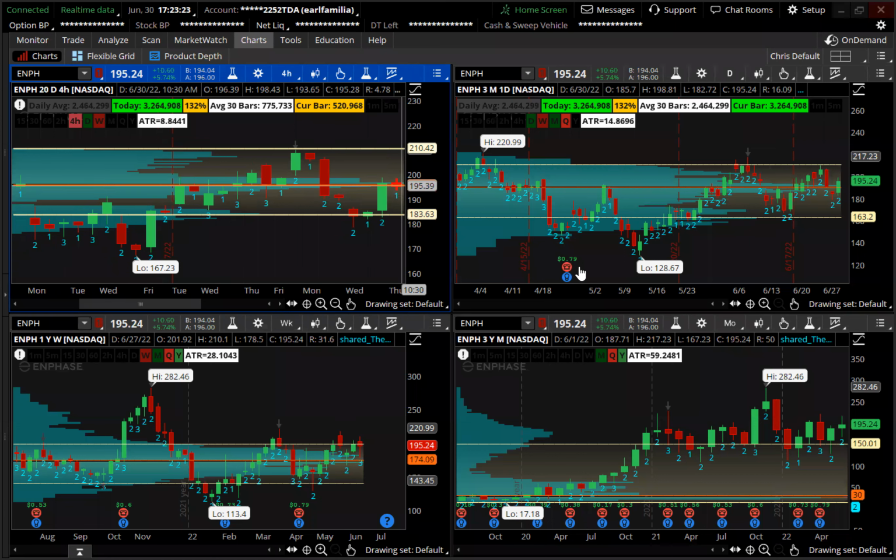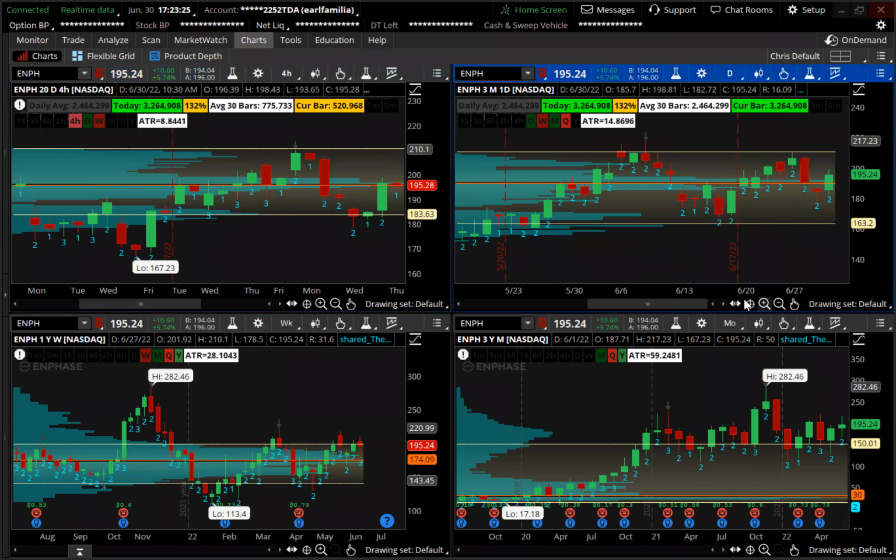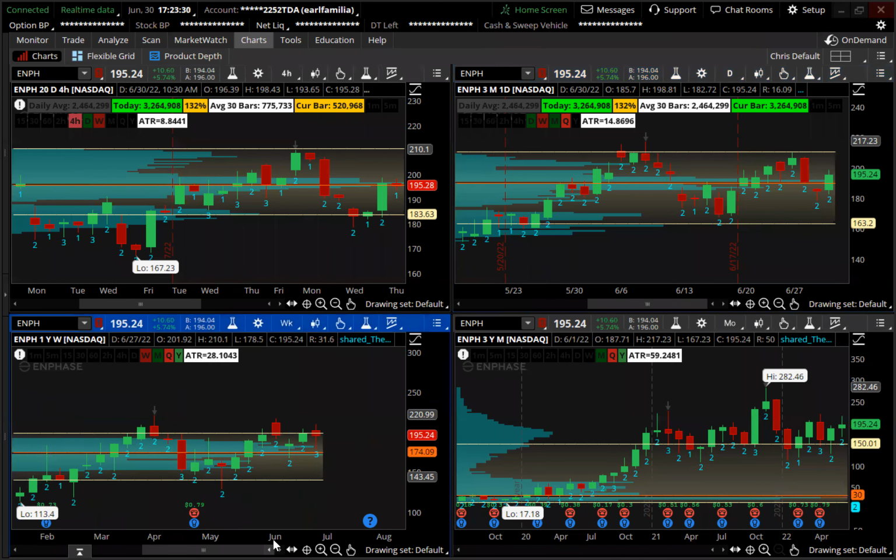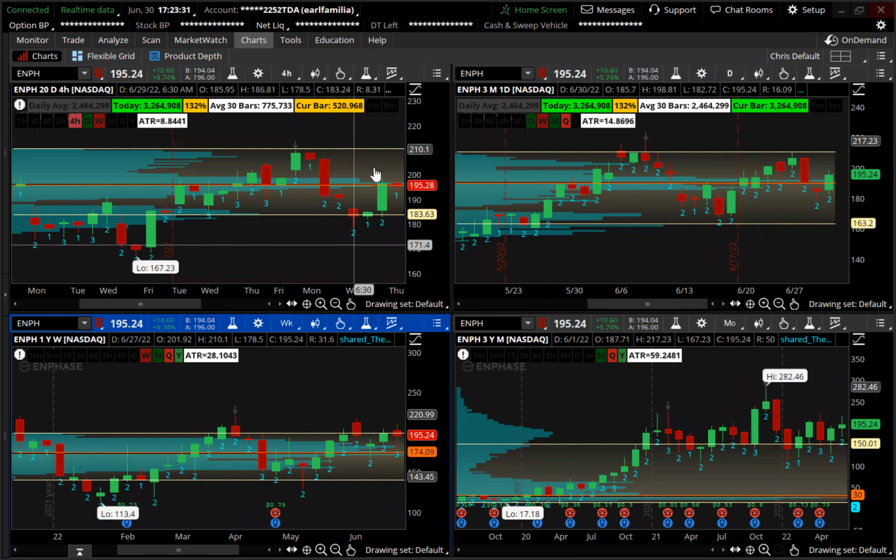Looks like price was choppy. I mean, the day was pretty choppy, so this is actually pretty good price action for end phase today on a choppy day like it was. So 3-1 setup. I do look for this one to push up tomorrow and try to take out this target here. But the setup's kind of blah, sitting at the point of control, and I don't have any broadening formations drawn on it. So I have to do a little more due diligence before I can make a full assessment. But the setup looks decent.